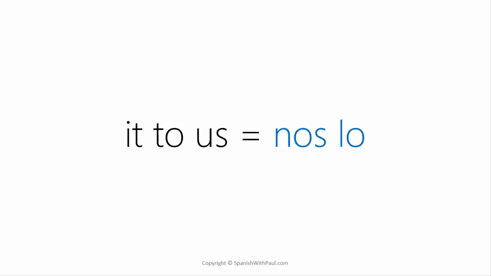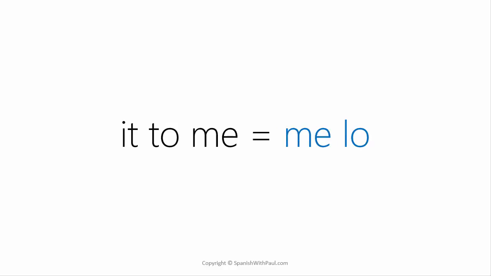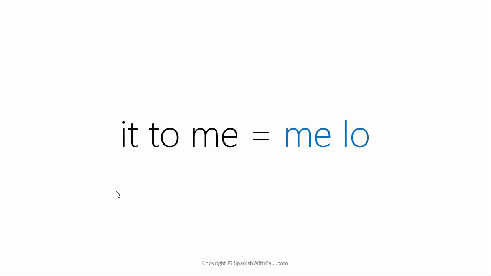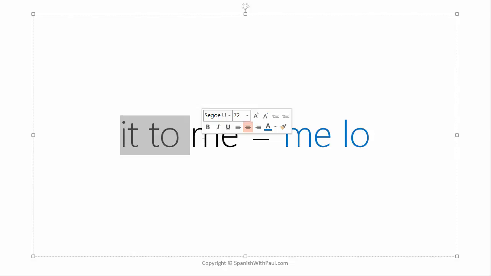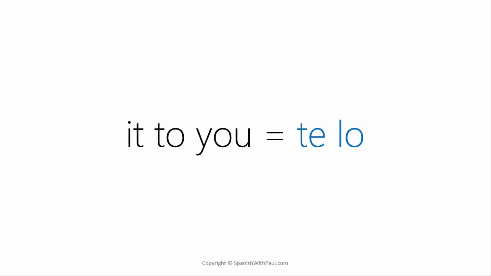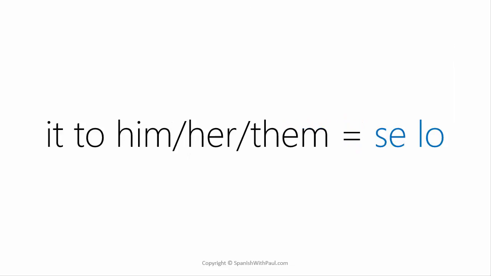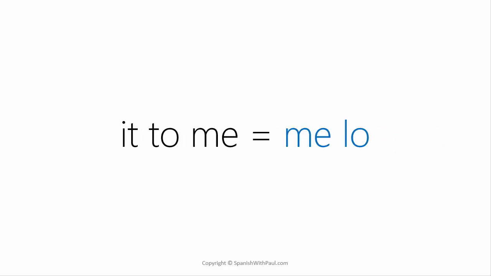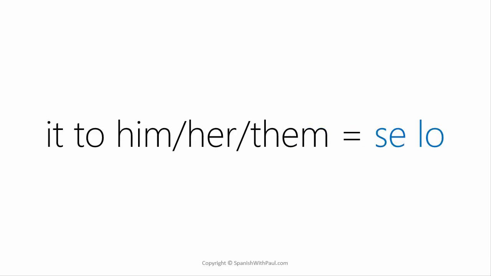So again, I'd like you to notice here that this is number 1, number 2, number 3, and number 4. In each case, we have the it to. And this is what is changing here, whether it's it to me, it to you, it to him, it to her, it to them, or it to us. Okay, so we have a lot of common ground there. All that's changing is me, you, him, her, them, or us. And again, let's run through it. We have it to me, melo, it to you, tello, him, her, or them is sello, and it to us,